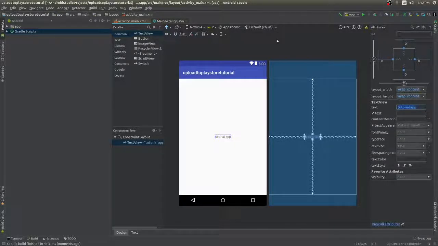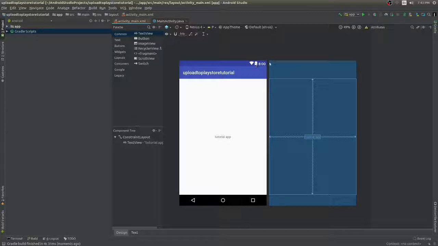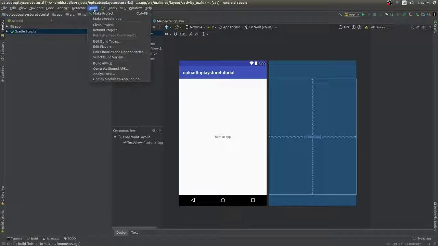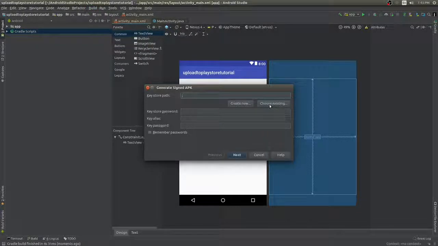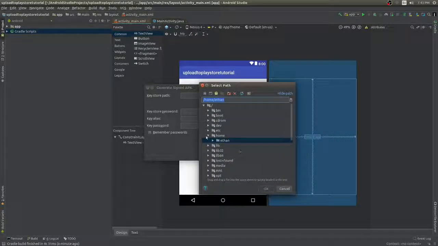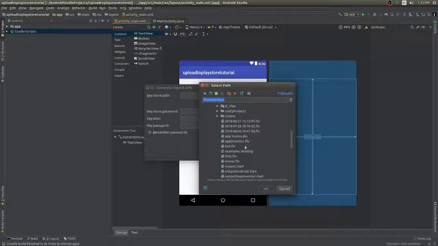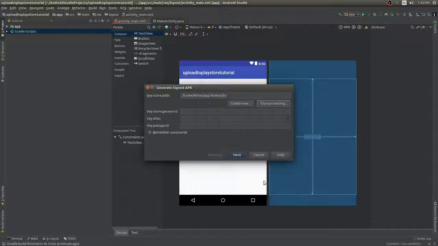So this right here is the point where you're supposed to be at, with your app complete, and go up to build, and you're going to click generate signed APK, and you're going to choose your app license. And if you don't have one already, you're just going to click create new,